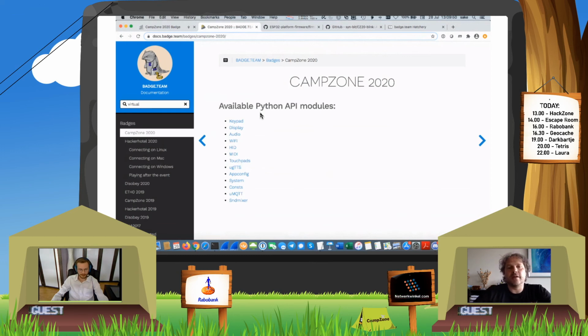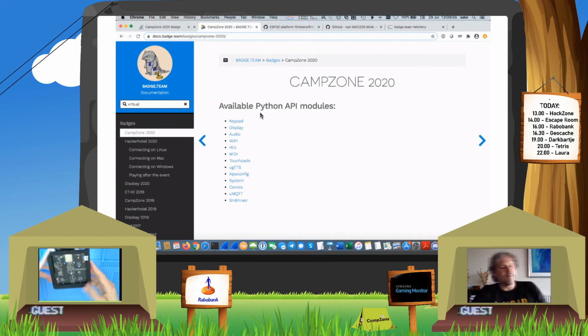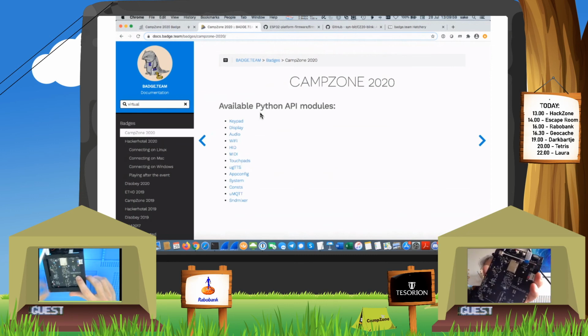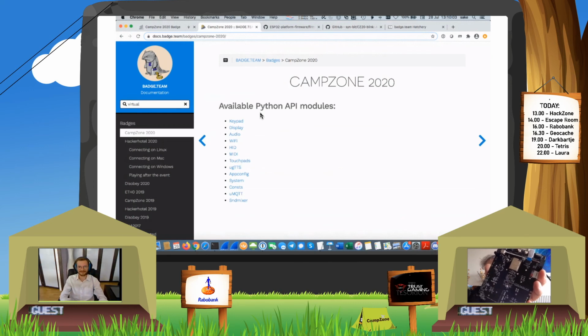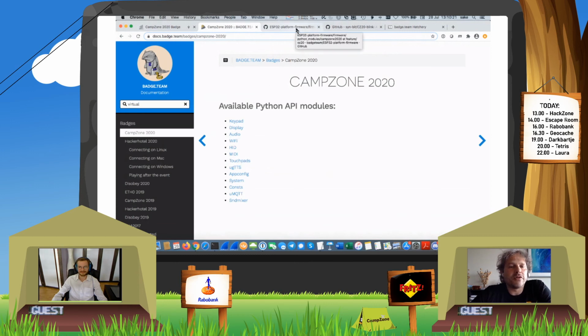Yes, and if you ever lose the link to the wiki, on the back of your badge, there's also a link directly printed on silkscreen. Yeah, somewhere. There it is. Yeah, that's a good point. I didn't know that, so now I know. So you can always find it on your badge itself, and that will bring you to this page. And in this page, you will find information that you need. Some of the functions are not described in this